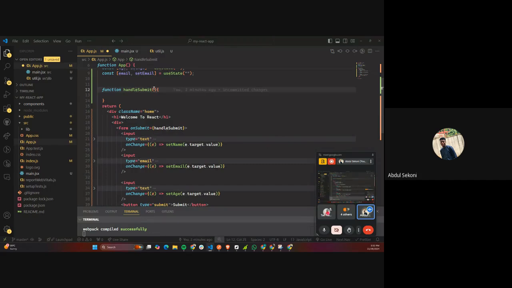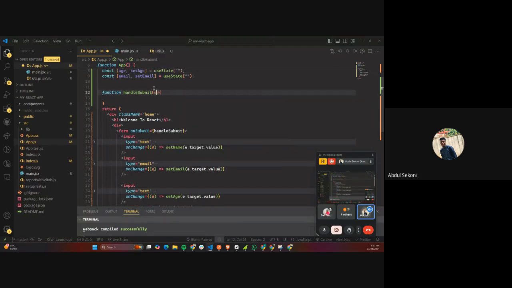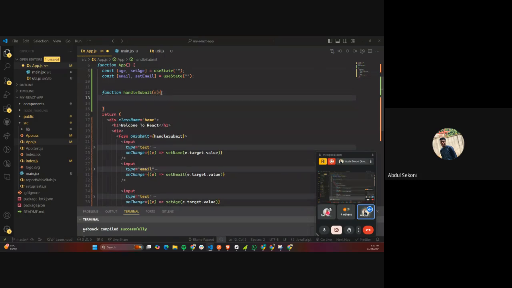This parameter can be anything. I can call it event, I can call it e, I can call it f. It's basically just a parameter that you're passing. But you will see everywhere that everybody is doing e or everybody is doing event. So what this e is doing is that